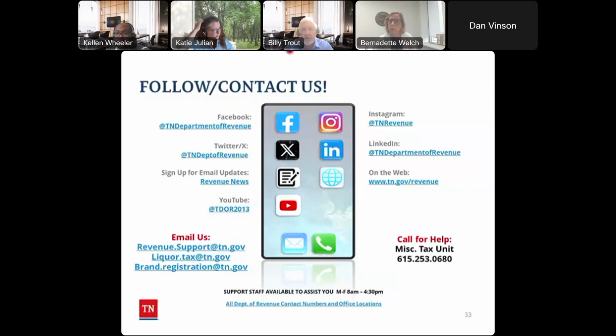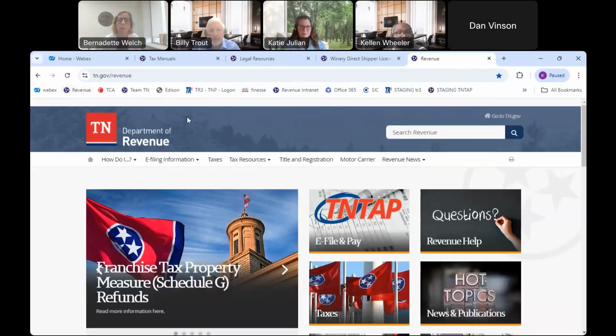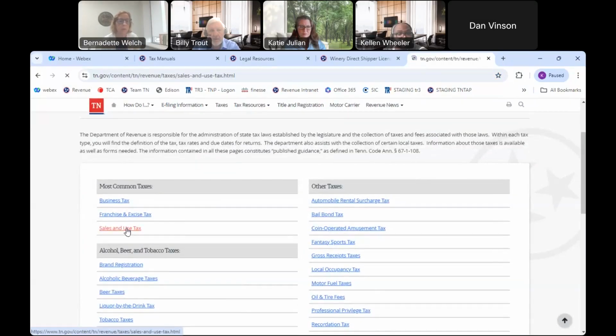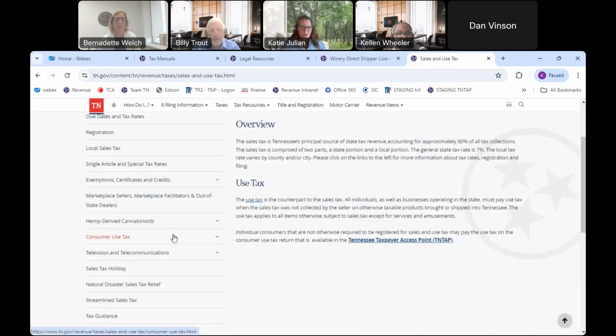James has asked, how do we apply for the manufacturing, industrial, and machinery equipment exemption? And if you go on the department's website, there is an application form for that exemption. You fill that form out, you submit it to the department, it goes in for review. If you just type in industrial machinery exemption or something of that nature, it should pop up. It's a sales and use tax thing, yes.